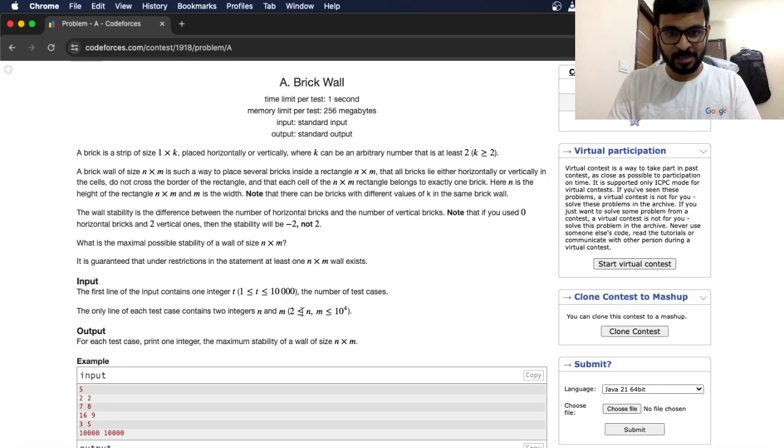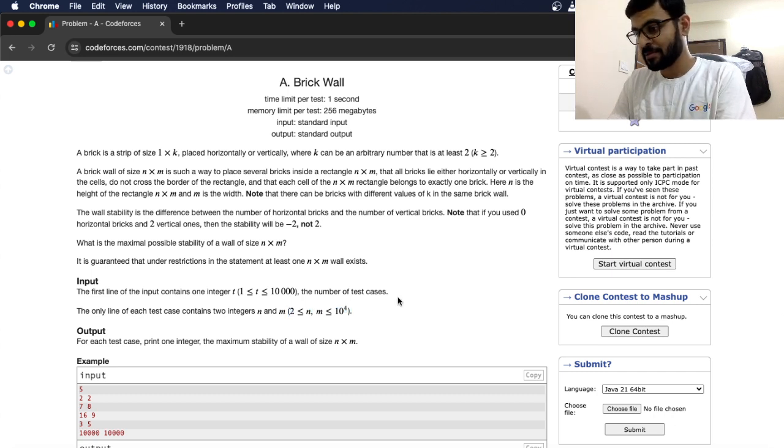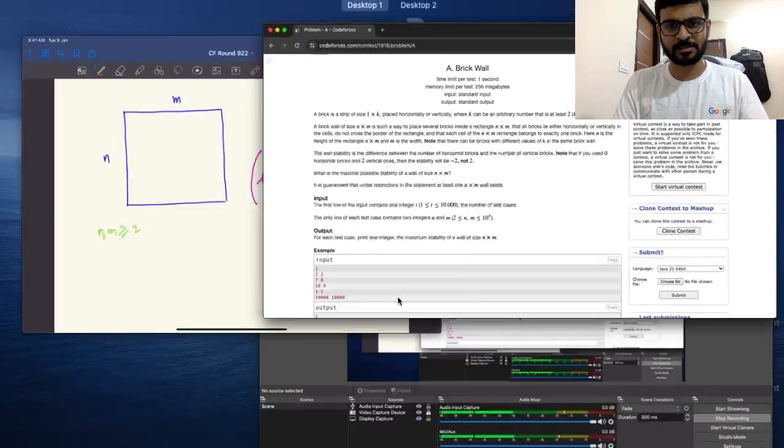The question says n and m both are greater than or equal to 2. This is where constraints are important. So n and m both are greater than or equal to 2. If I use only horizontal bricks, what is the scenario now? If I use only horizontal bricks, if possible,